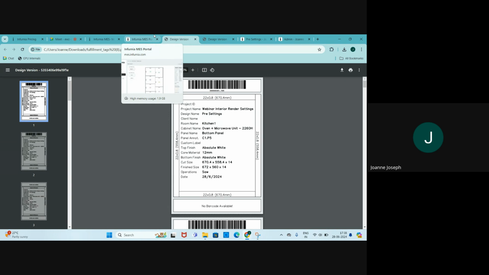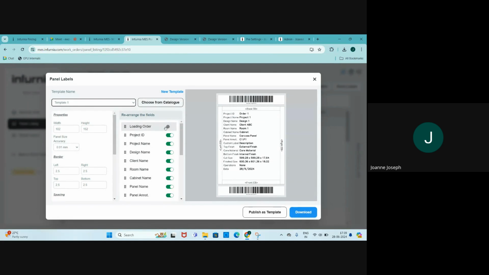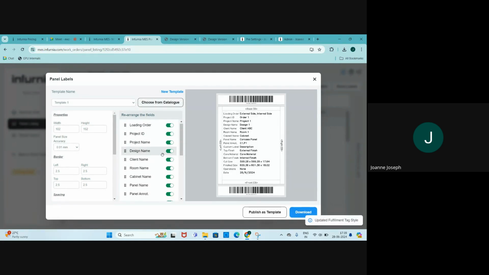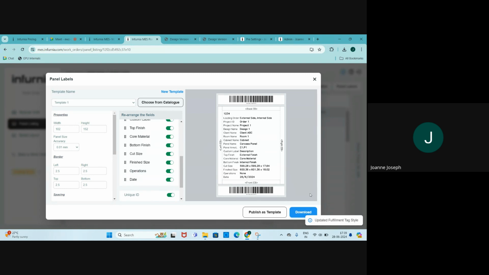So what happens is, if I go to panel listing now, and if I click on panel labels, I go down. Now we have something called unique ID. Unique ID is basically the color code and the number code that you saw on the board layout as well. So if I enable this, this is just the format 1234. But if I select download now